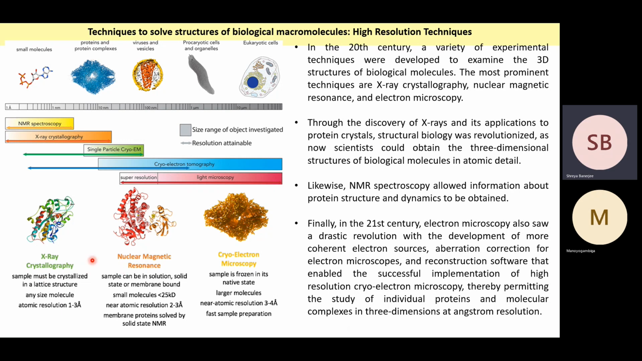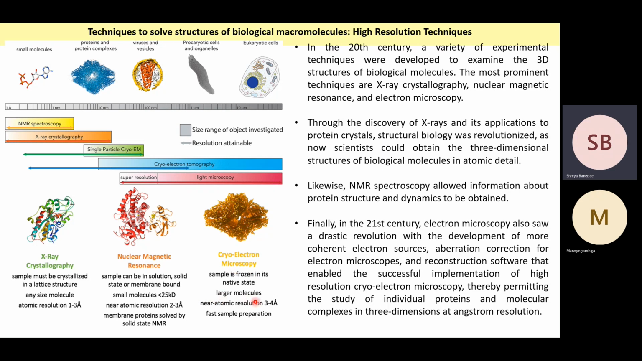If we look at the 3 methods, X-ray crystallography, NMR, and cryo-electron microscopy, these are some differences between the methods. In X-ray crystallography, the sample must be crystallized in a lattice structure. But in NMR, the sample can be in solution or solid state or membrane bound, so it has a wider range. In cryo-electron microscopy, the sample must be frozen in its native state. Now, X-ray crystallography can detect any size molecules. But NMR can only detect small molecules which have less than 25 kilodalton weights, while cryo-electron microscopy is used for